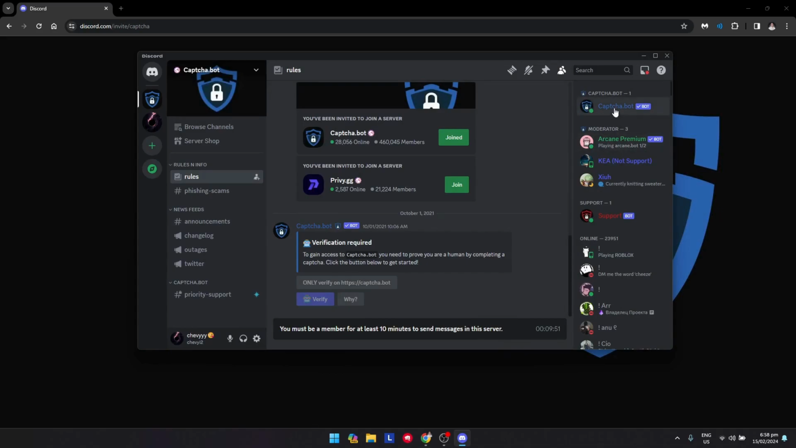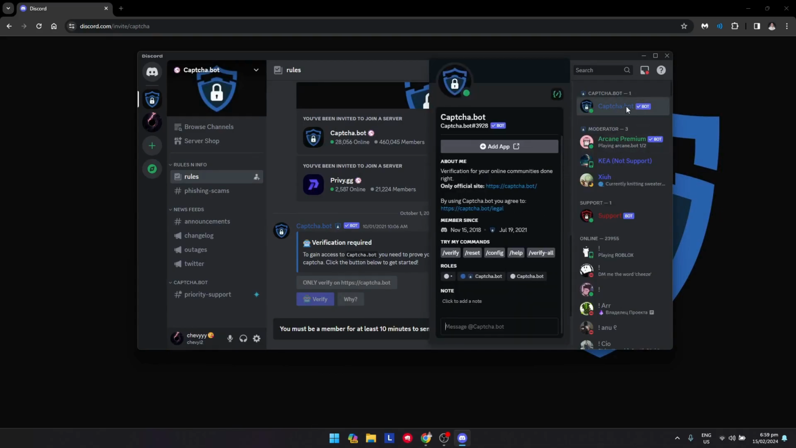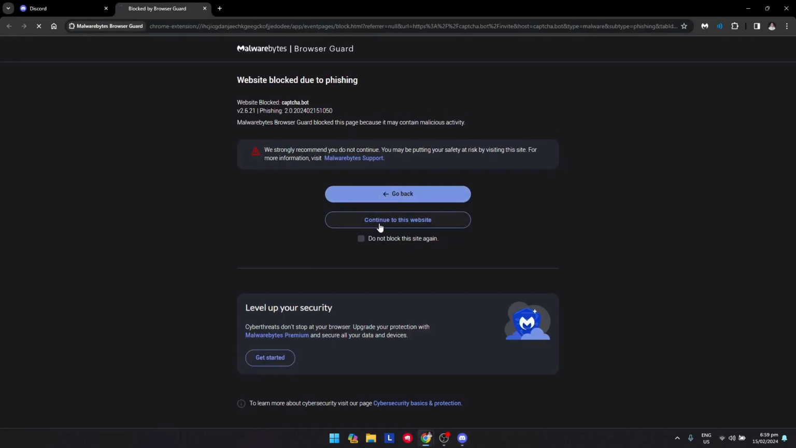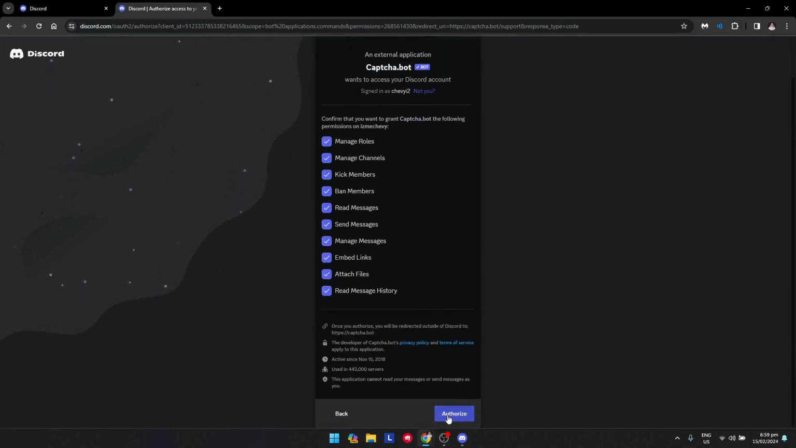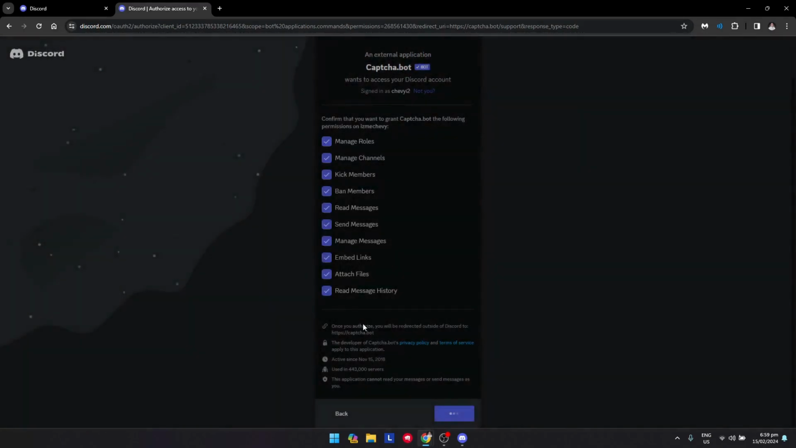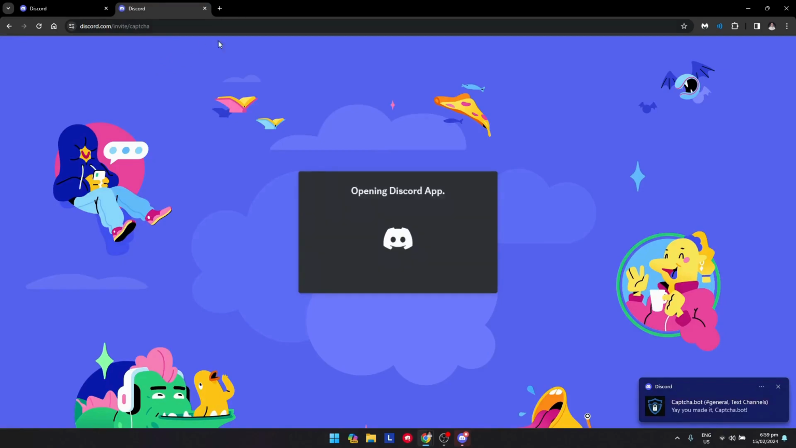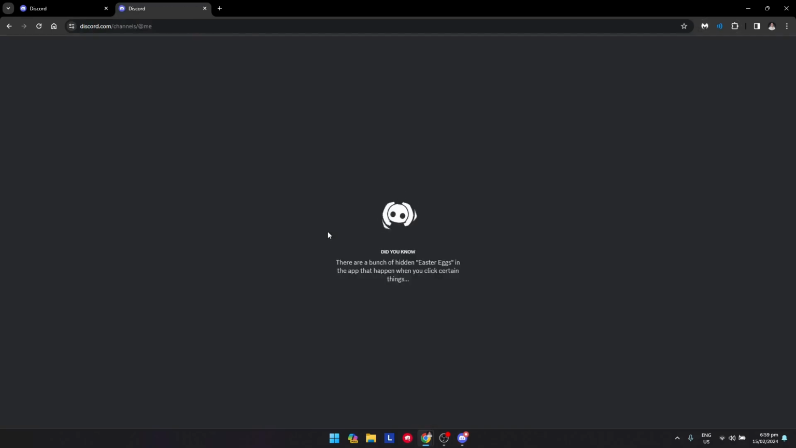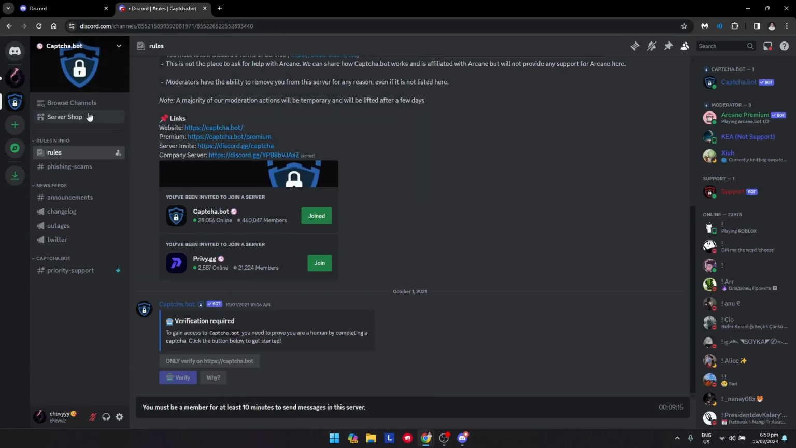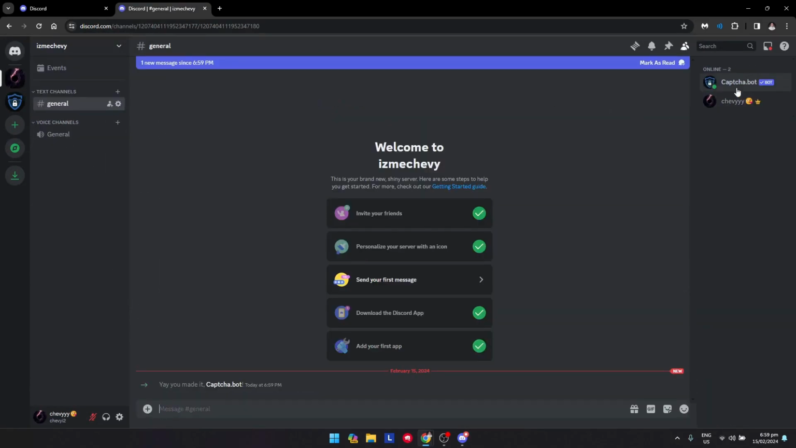Once you're done with that, you can now invite the Captcha bot to your Discord by just clicking on the Captcha bot here and click on add app. As you can see, just select the server that you want to add the bot into. Click on authorize. The reason why the website was blocked, I think my extension here didn't recognize it. After that, as you can see, the bot is now here,